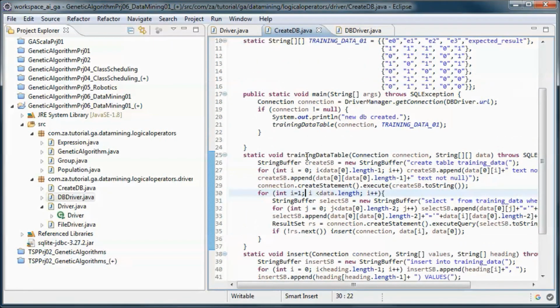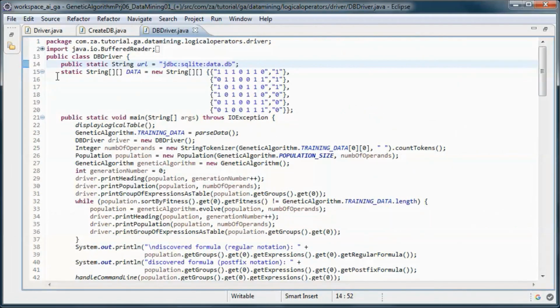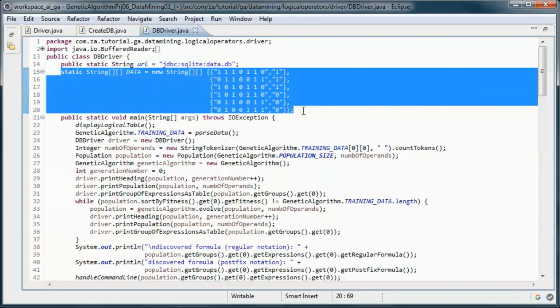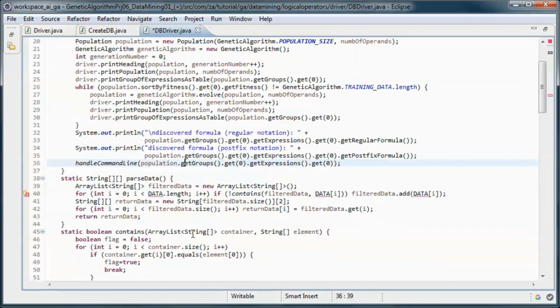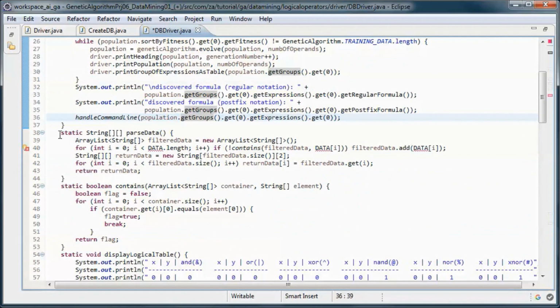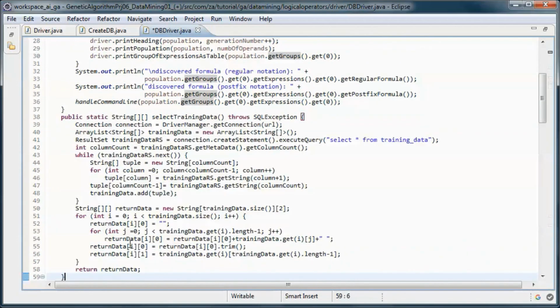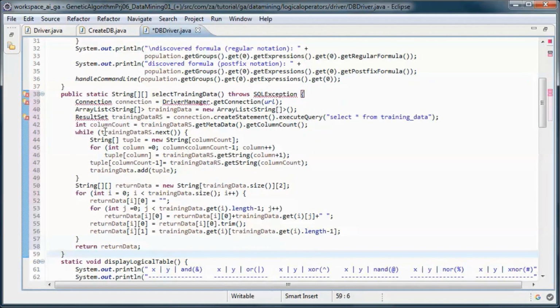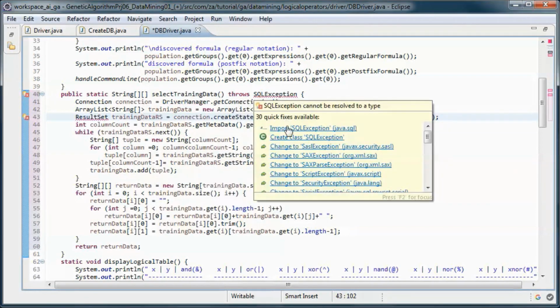And let's go here and remove this hard-coded data, and instead of those two methods, we'll have this method that picks up events and expected results from the database.